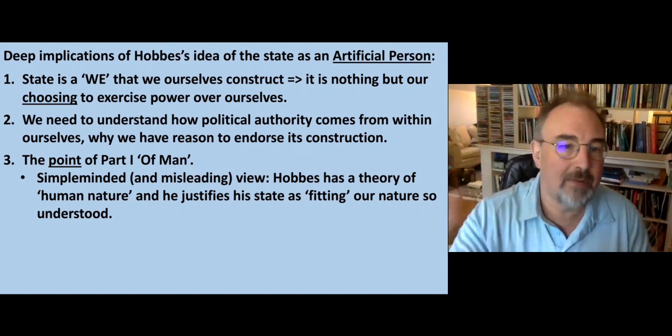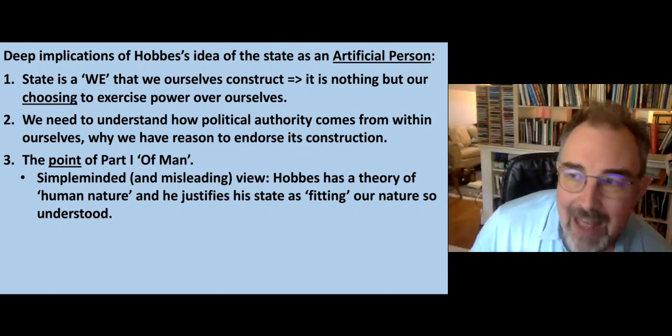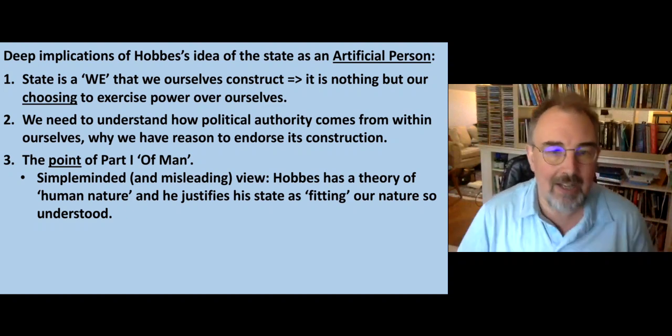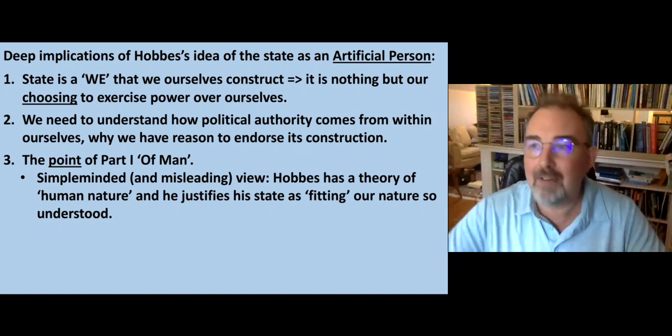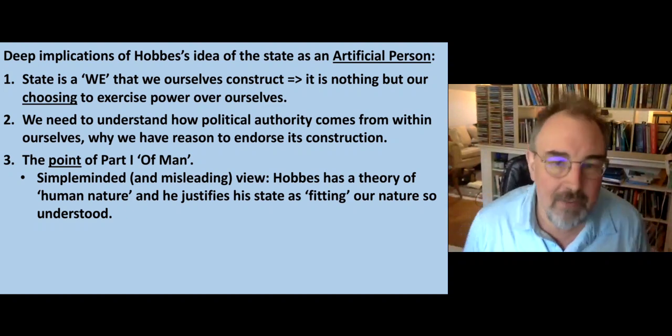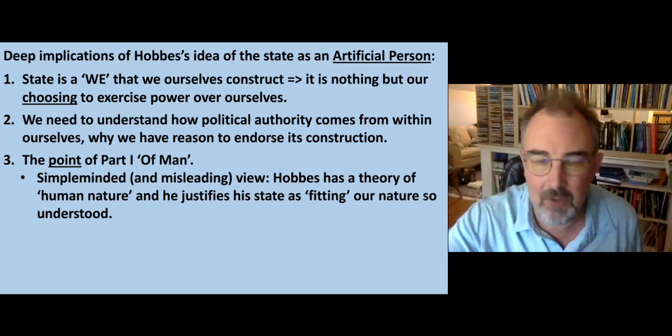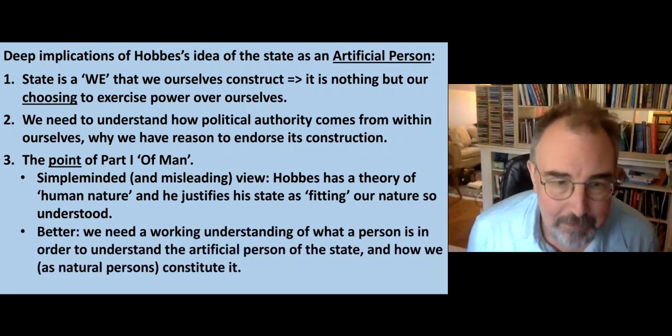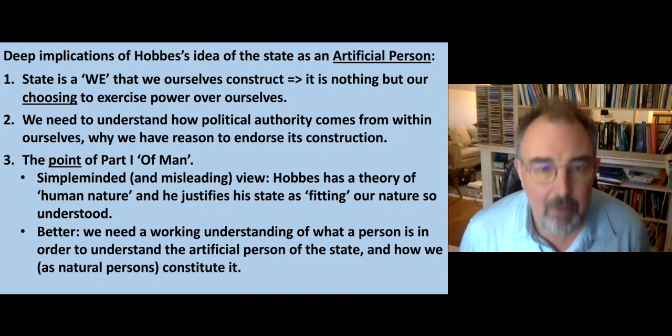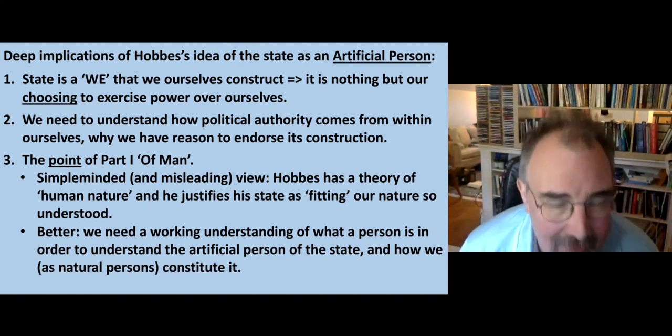So don't think of the point of part 1 in that simple-minded way, as just a kind of back-of-the-envelope, half-baked theory of human nature. That's the Cliff Notes version of Hobbes. We don't want that. The better way to approach part one of Man, and I'll say a bit more about this obviously in the next lecture,